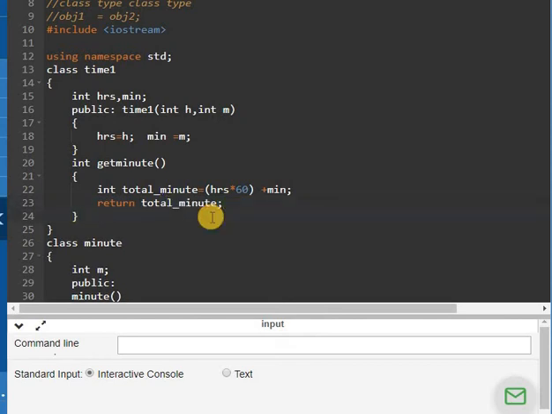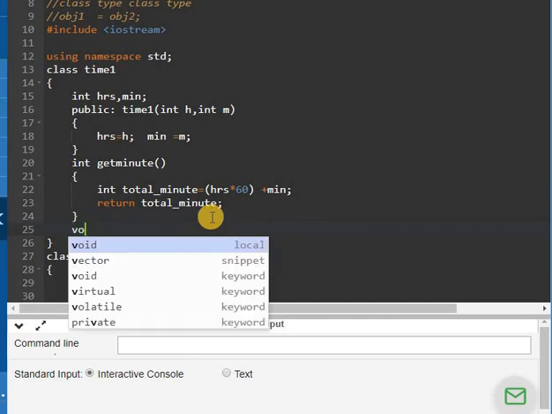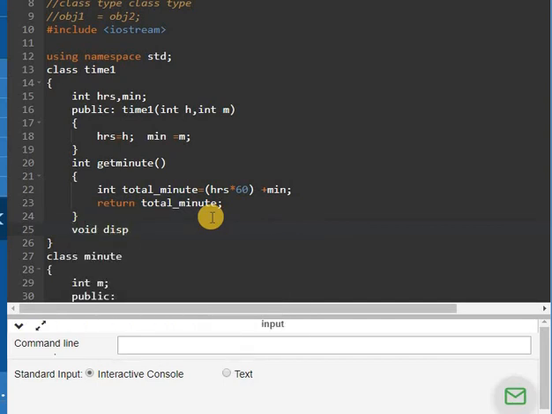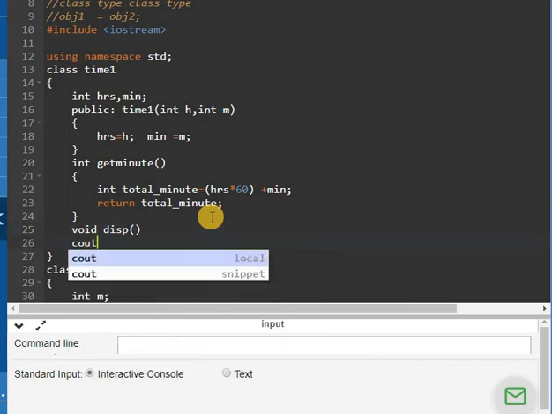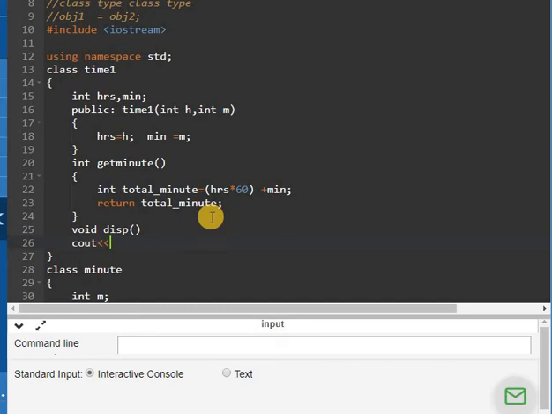One function display will be there, as we had in the minute class also. It will display the hours and minutes. This class also ends here.